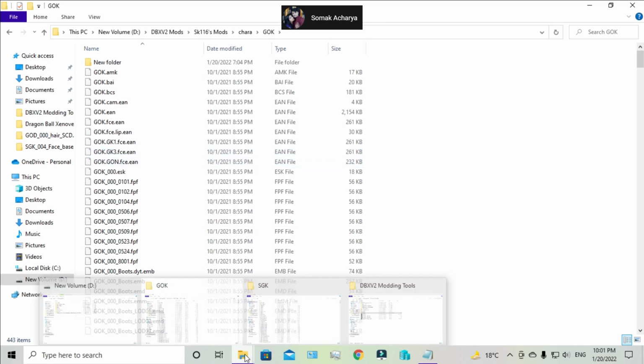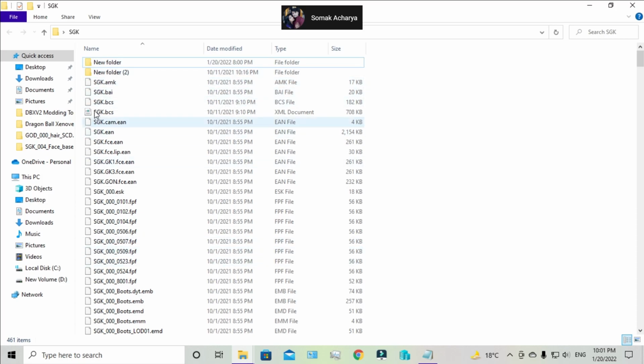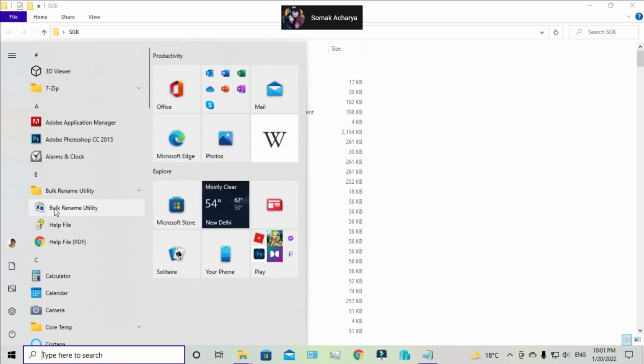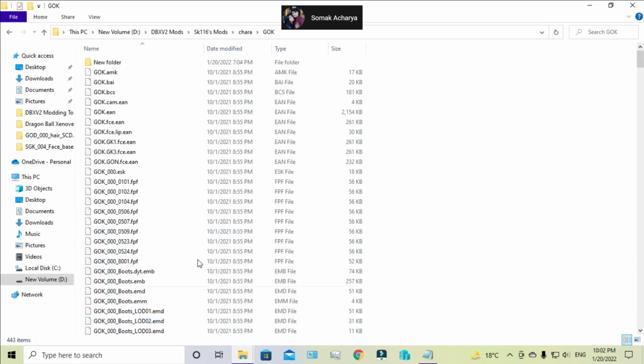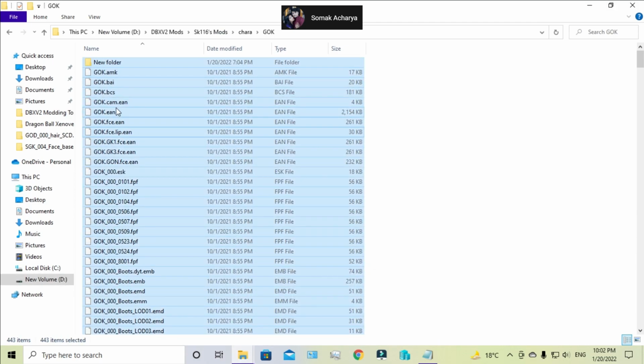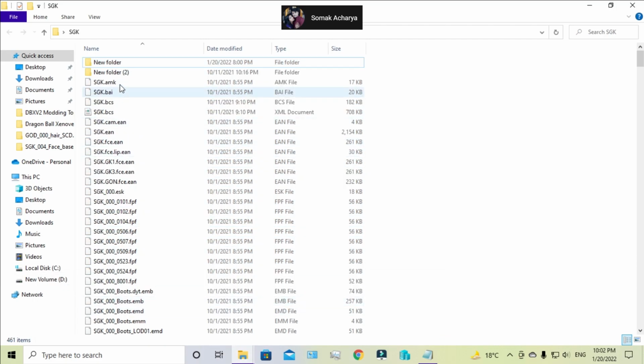Create a new folder. Like you can see, this is the folder that I have created, in which I have edited the files for Goku. So I have to rename the files for the 3-letter code. For that you need Bulk Rename Utility software. You have to rename all the files of GOK, replace them with SGK. Once you replace them,